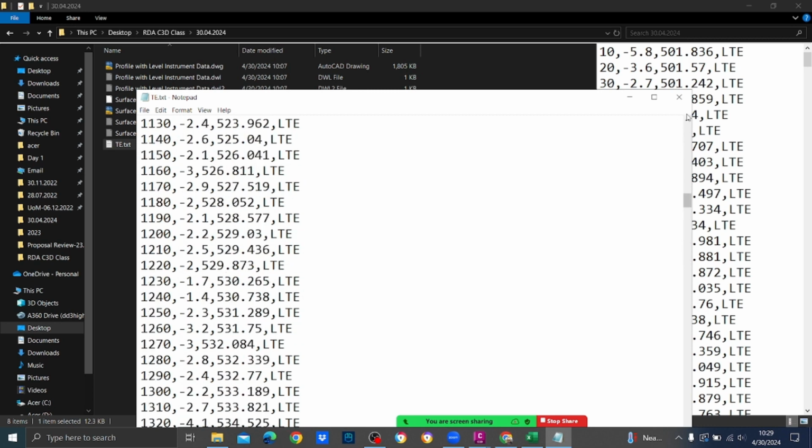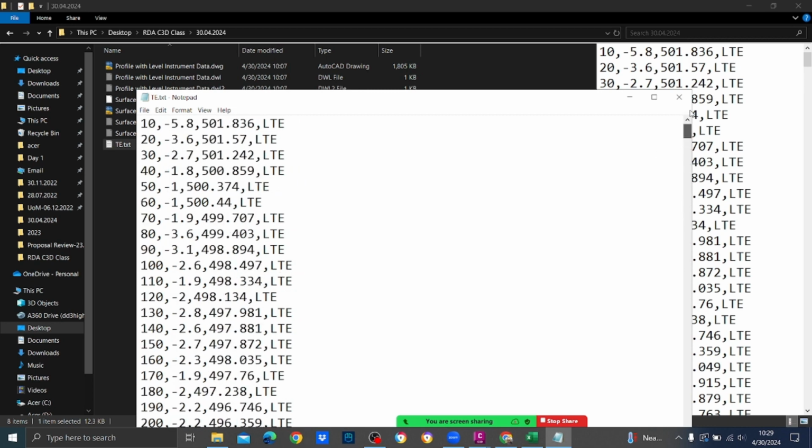right? After that, close that notepad. Remember to close that notepad, otherwise you can't import it. There will be a sharing violation. Okay,